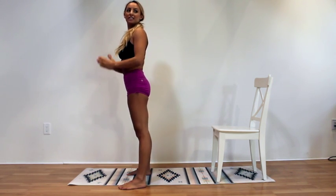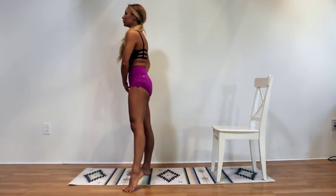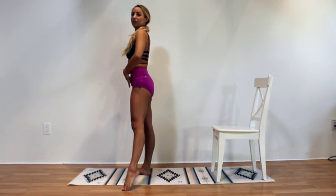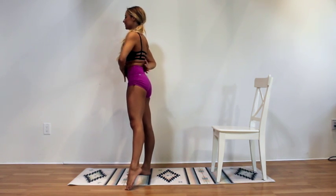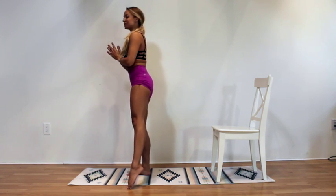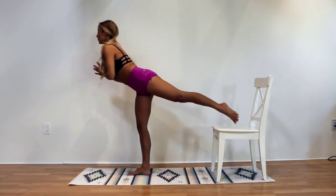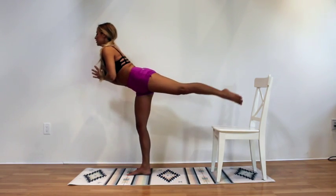Good. Placing the left foot to the side of you, still thinking about lifting up really tall through the standing leg, really tall through the torso, really tall through the spine. Okay, we're going to pick the leg up. Remember to not lock out that knee. It should be slightly bent. Tap the leg to the back and to the side for 20